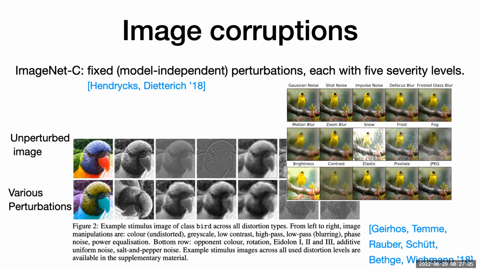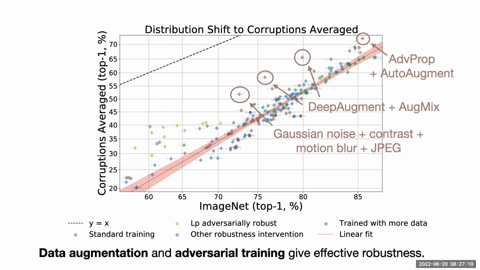And then again, you can take all of these image corruptions. In what we did in this case, we averaged over all of them, and then you get the following plot. So interestingly, it's the same thing as before. The blue points, the models just trained on ImageNet, follow a nice linear trend. So this is the red line here. And then this time, training on more data actually doesn't give you any benefits anymore. So the green points here, the models trained on more data, that did quite well on the natural distribution shifts before, now fall on the same linear trend as the models that are just trained on ImageNet alone.